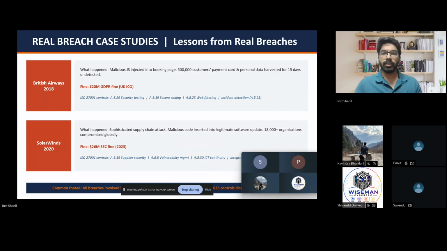And it can also be inserted by some hackers. So hackers already have the knowledge that, for example, Samsung is going to release a patch or a software update. They will just put a bug in that, a malicious code, and then they can have access to all the systems with the updated software.